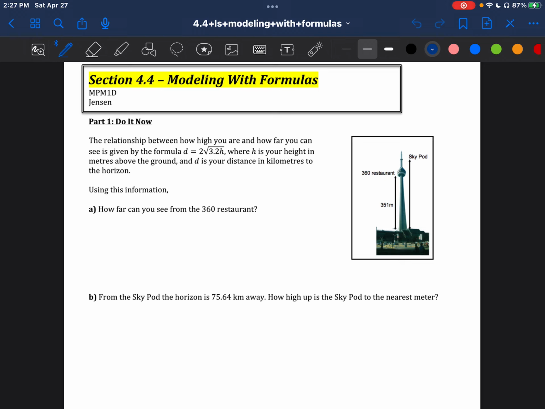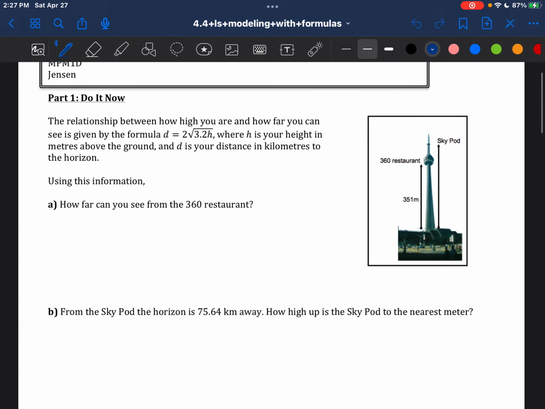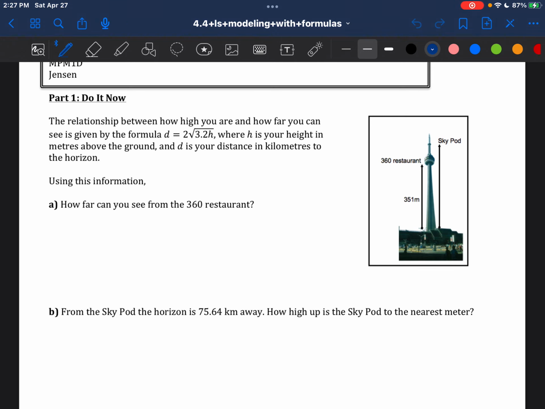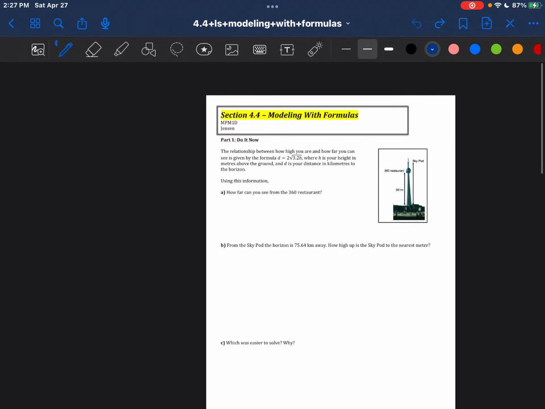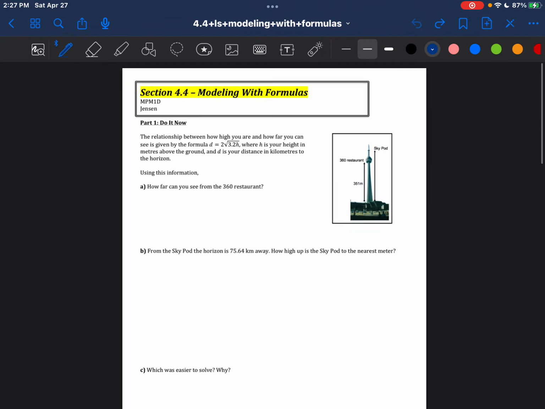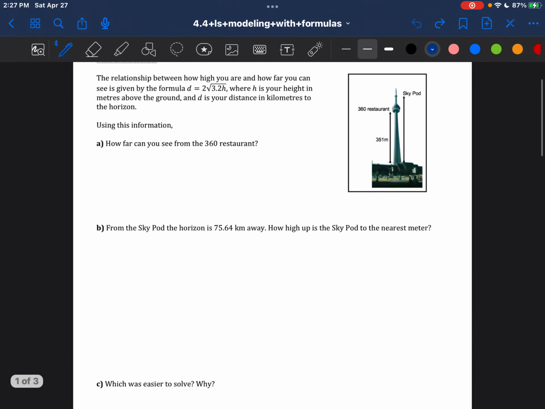Okay, now we're gonna do modeling with formulas, which sounds a little more difficult than it is. So let's see. Oh wait, do we need to do this one? Yeah, we do. Goodness, what was I thinking? Okay, so